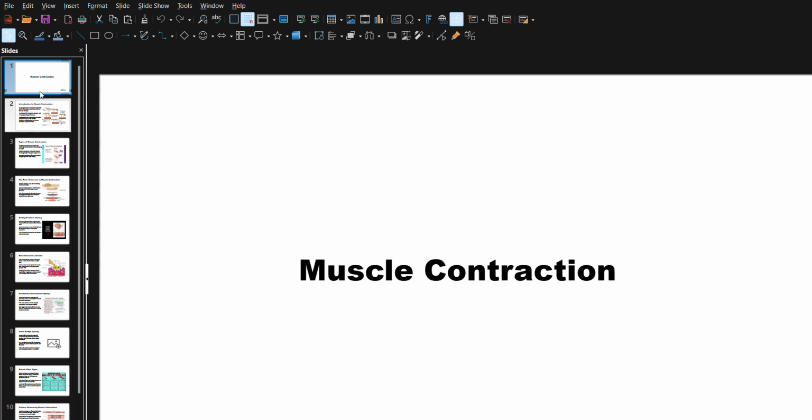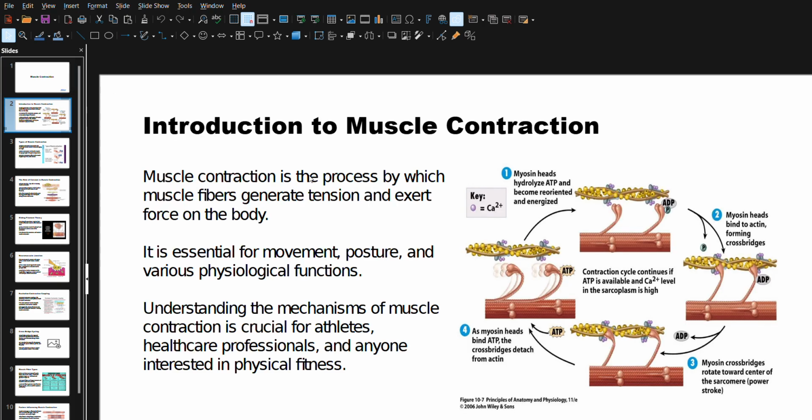So, what is muscle contraction? Muscle contraction is the process by which muscle fibers generate tension and exert force on the body. This muscle contraction is also a very essential physiological function in the body to generate force to a particular part of the body to carry on any kind of activities throughout the day,